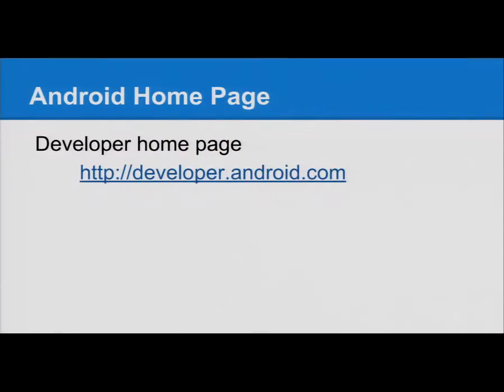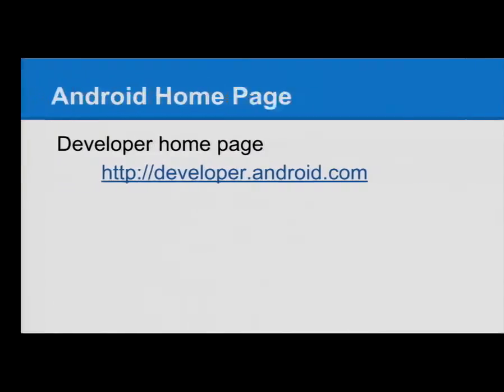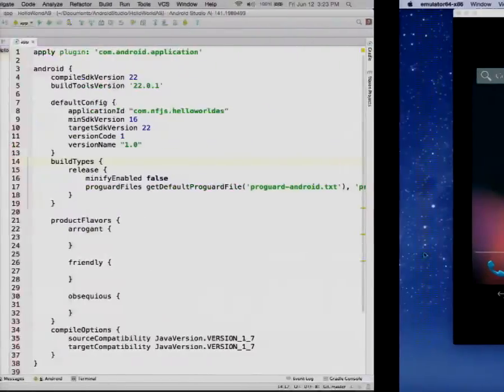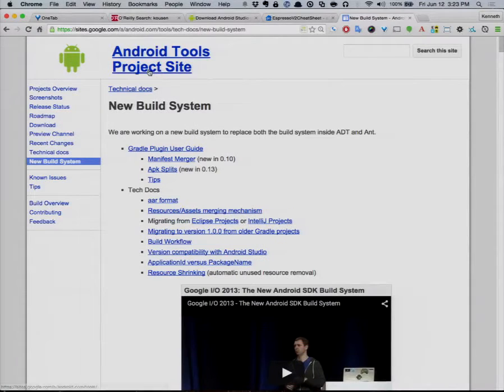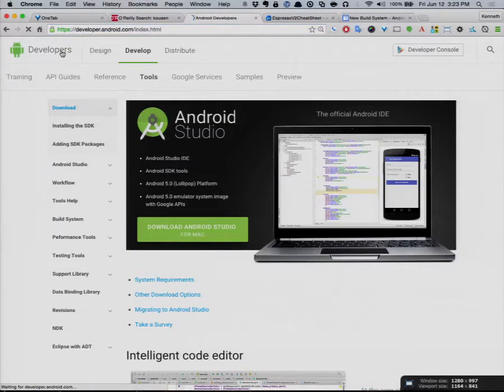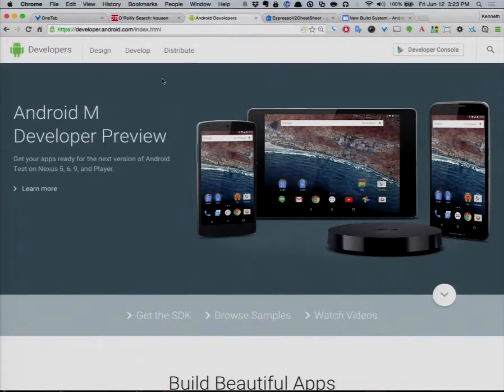Okay, so at any rate, all the stuff you want to know about Android comes from the homepage, developer.android.com. And I believe I have that page open already. Wow, I think I have enough windows open. Let me actually go to developer.android.com. Of course, they're talking about the M Developer Preview. And if you open up the SDK manager, it actually is labeled MNC,